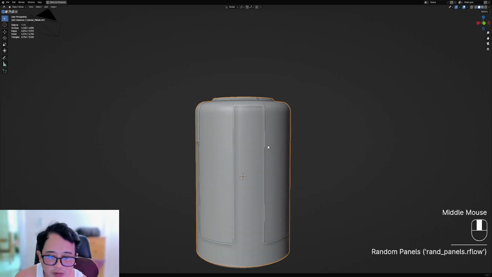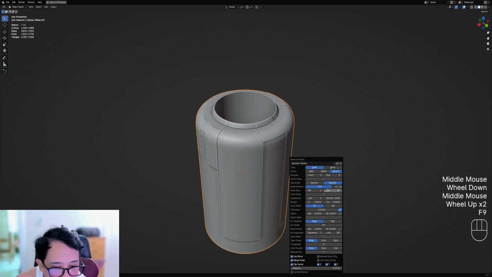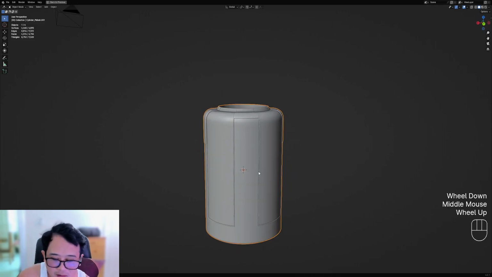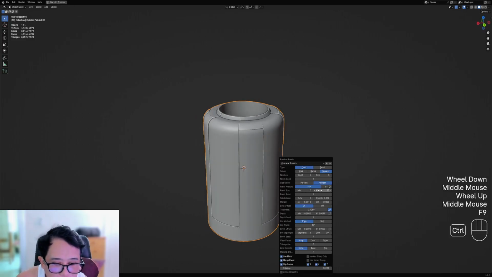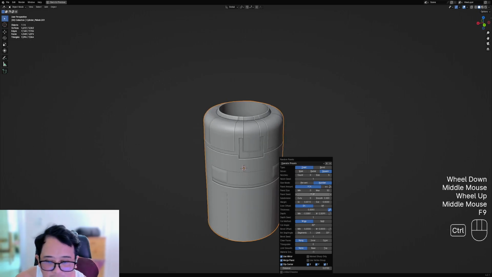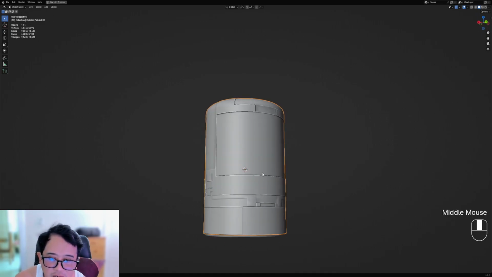So we don't need to actually go larger. So I'm not going to use